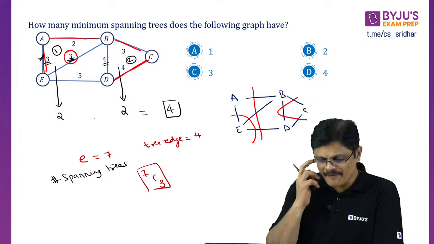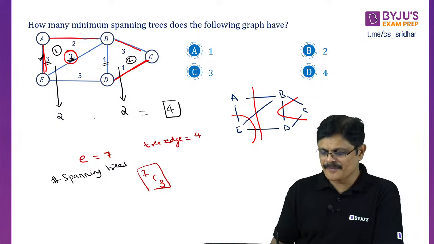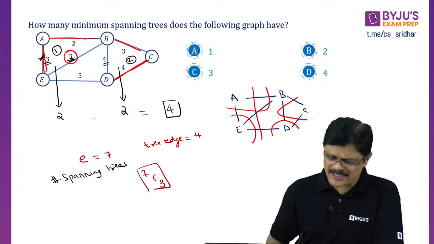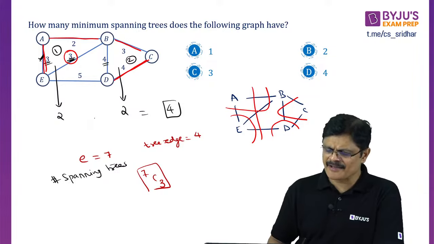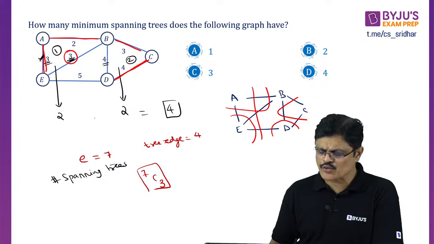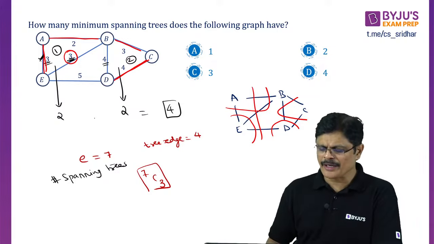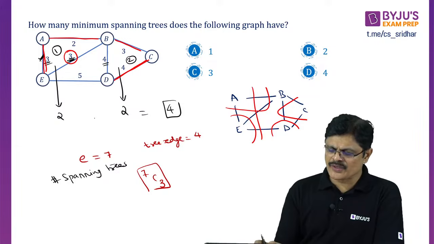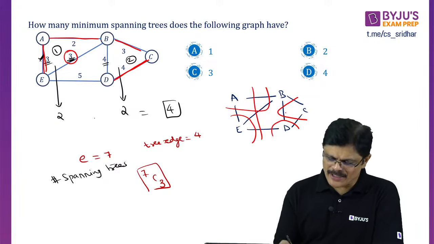So you have to identify what those 3 combinations are, sir. Even these 3 will disconnect the graph. Even these 3 will disconnect. There will be many, sir, actually. These 3 will disconnect the graph. And what are the other 3 combinations whose removal disconnects the graph? You have to identify that. These 2 and this one, no. You have to identify. How many such combinations are there?